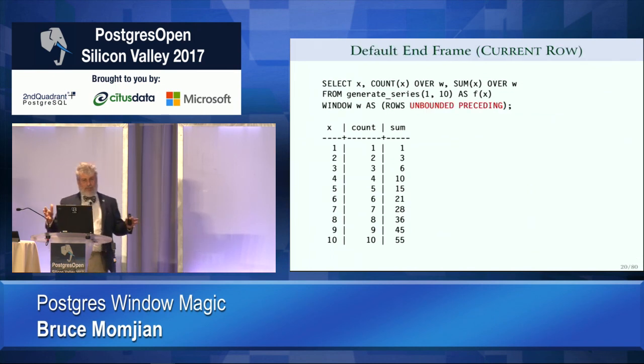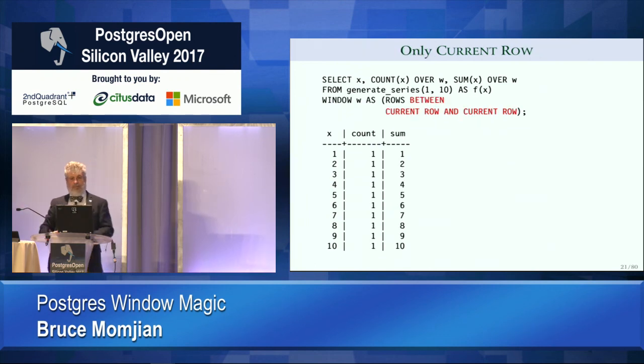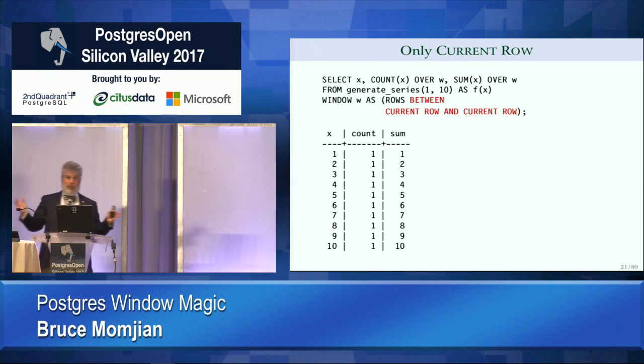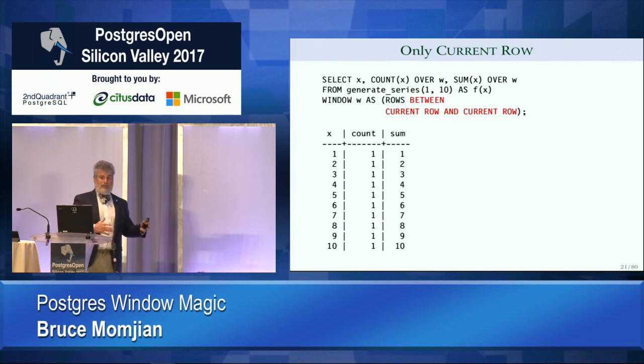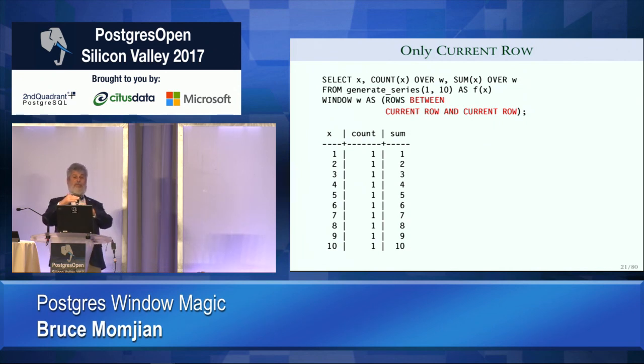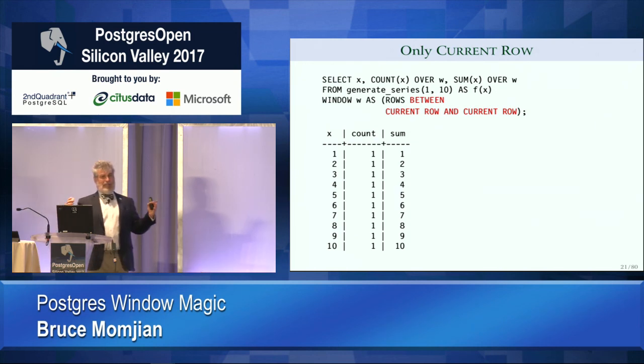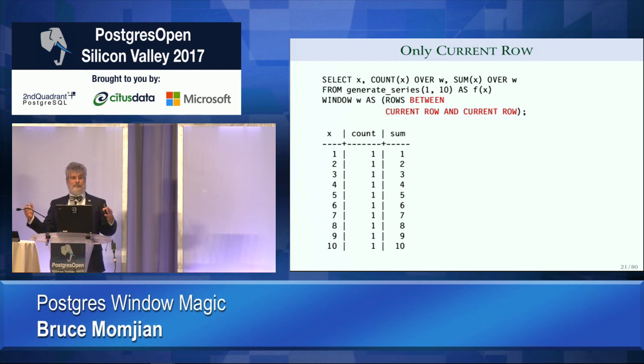Effectively, we can use some of the defaults. Here's rows unbounded preceding and current row, which is the default, so we can get rid of that. I can do this. This actually makes sense. When I'm in rows mode, if I say current row to current row, it's like, okay, I'm not in range mode, I'm in rows mode, and I want to go from the current row to the current row. That's like my row, right? So there's no calculation going on at all. It's just adding the current row to itself. Completely